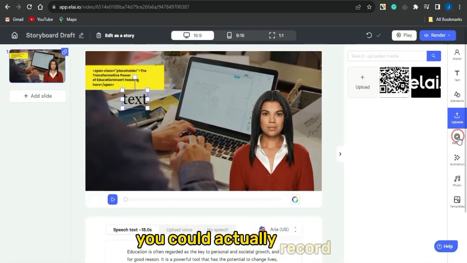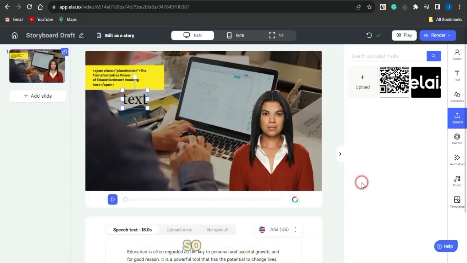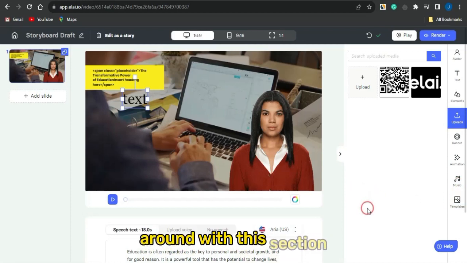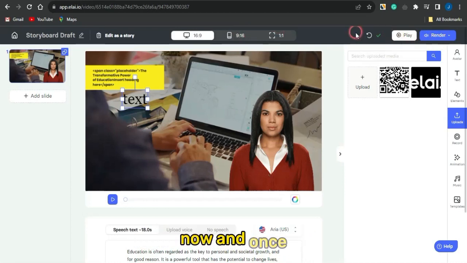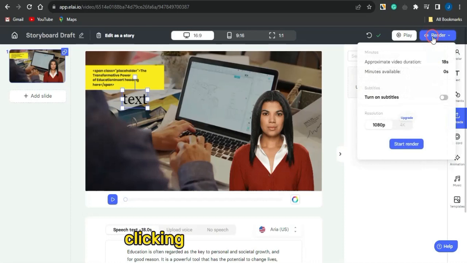You could actually record, add animation, music, and change the template of your choice right here. So make sure you do go on to playing around with this section and create something quite cool and amazing. You could also select the aspect ratio which you want to use for your video right now. Create some cool stuff right now, and once you're done, just simply go on to clicking on render right here,